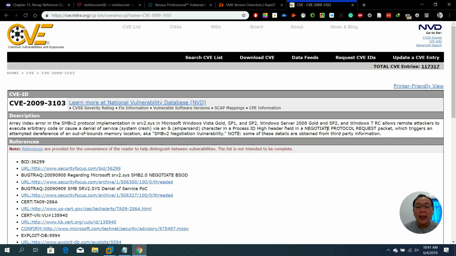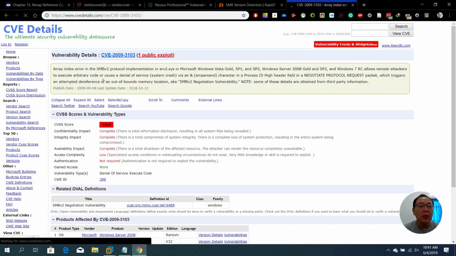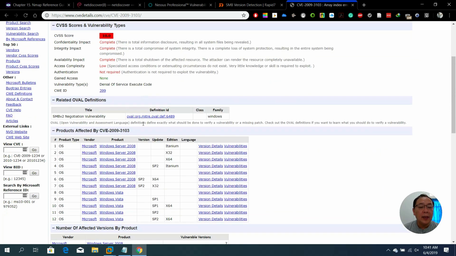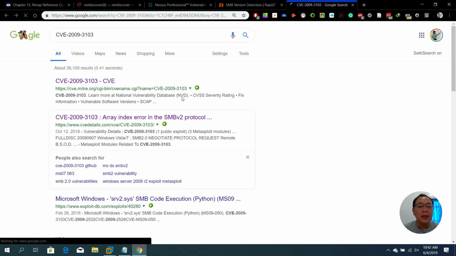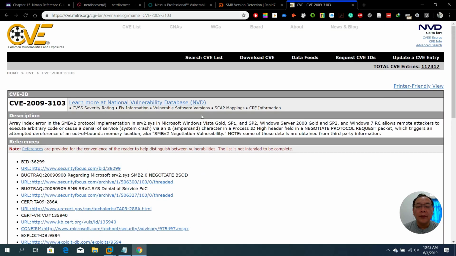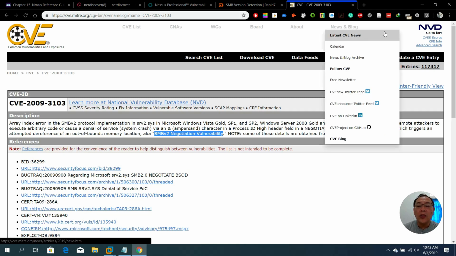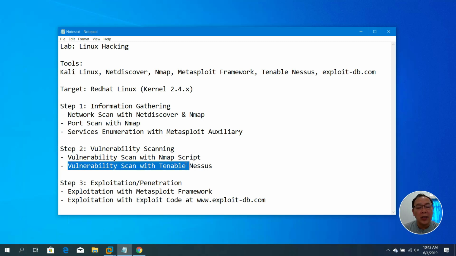Okay, and we can also check some other information like CVE Details. Earlier was from CVE, but the CVE site here only shows the information about Windows rather than Linux, right? Okay, never mind. So this is also called the SMB version 2 negotiation vulnerability. Once we got this information, the next step is we can also try to scan just to verify